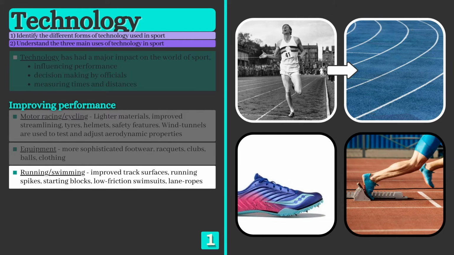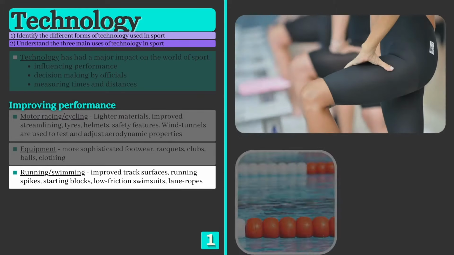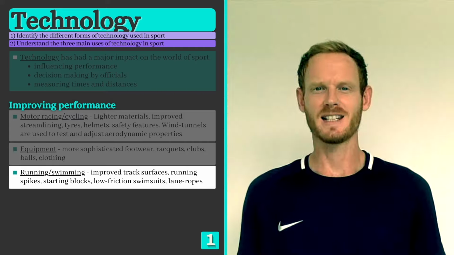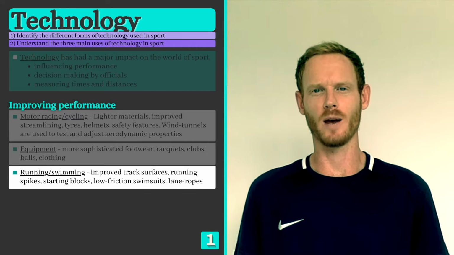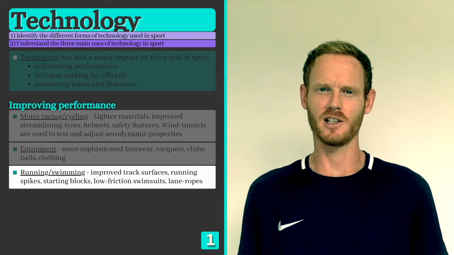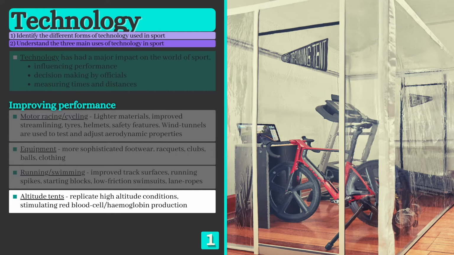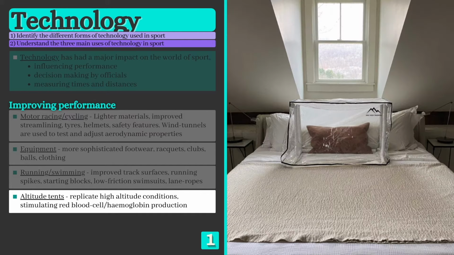Big improvements have also been made in swimming, with the invention of low friction swimsuits and lane ropes and guttering that reduce turbulence. Technology has also influenced the way we prepare or train for competition. Altitude tents or chambers, for example, are artificial environments that replicate the low oxygen conditions experienced at altitude. Endurance athletes train or even sleep inside the tents, forcing their bodies to produce additional red blood cells, thus improving